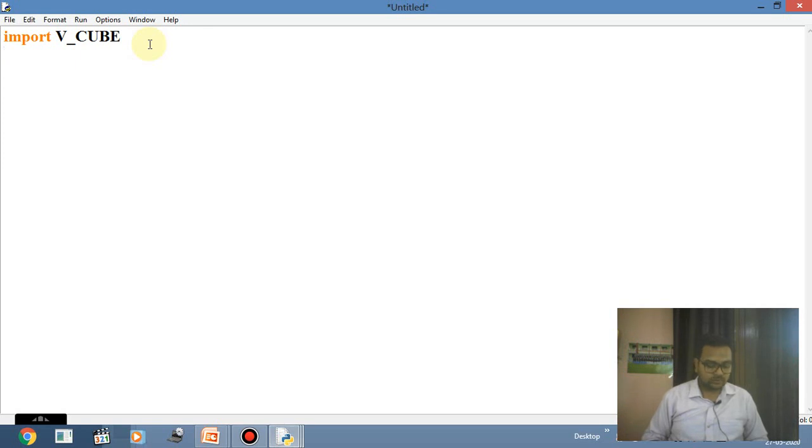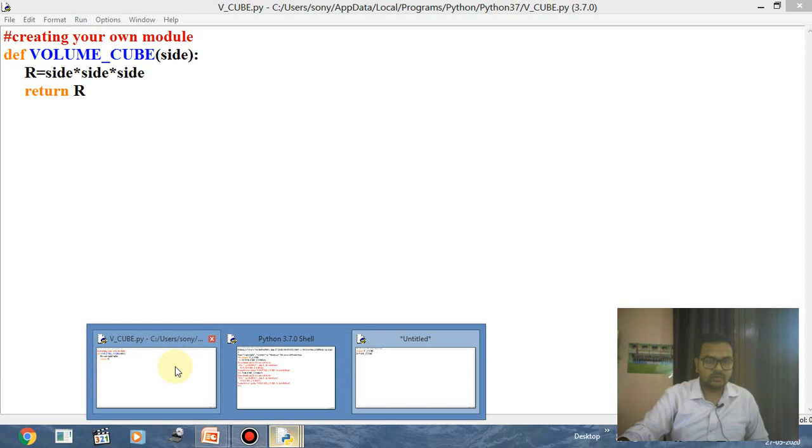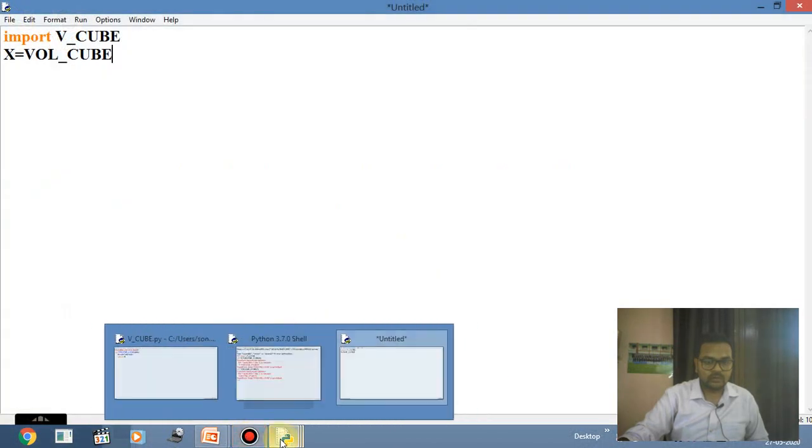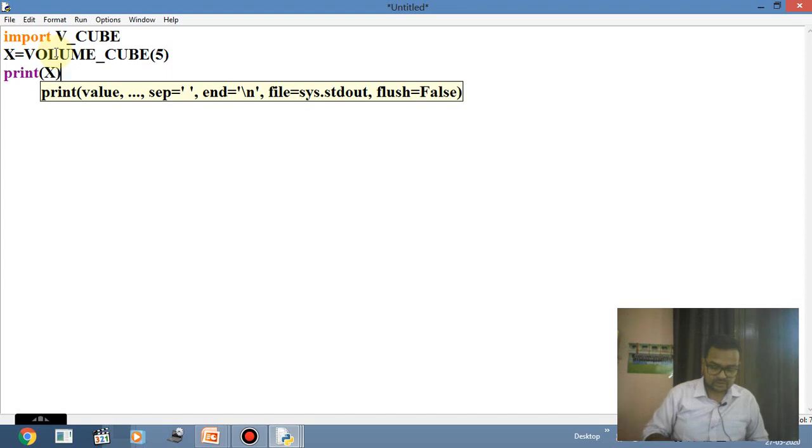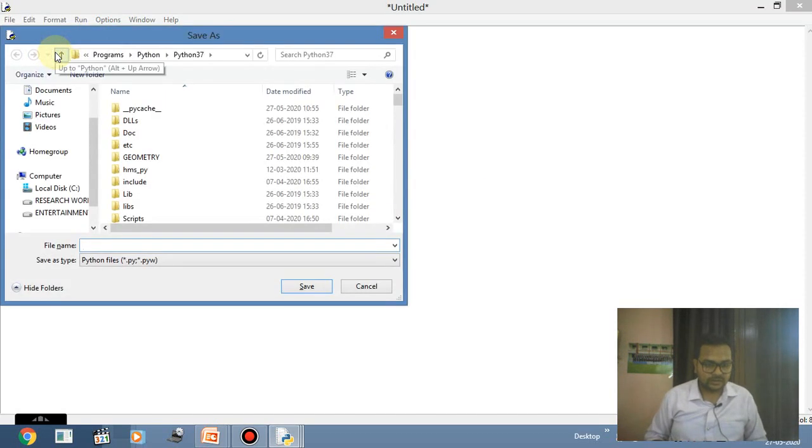I'm going to write x equals volume_cube. मैं इस फंक्शन को यूज़ करने वाला हूँ, and here I'm passing the value like 5 over there. Now if I print this value x on the screen, we'll check what the answer is.